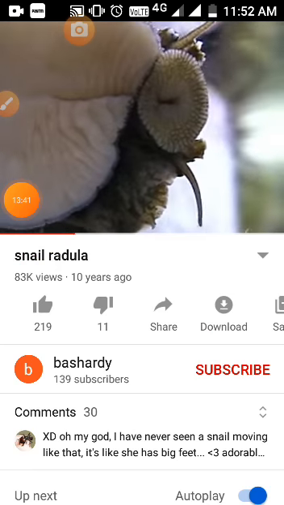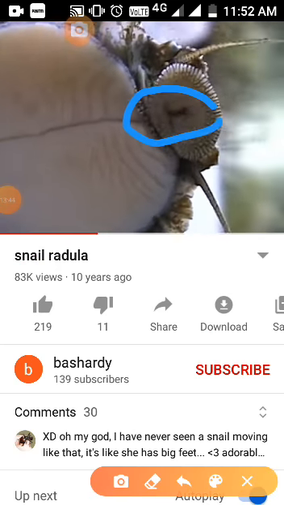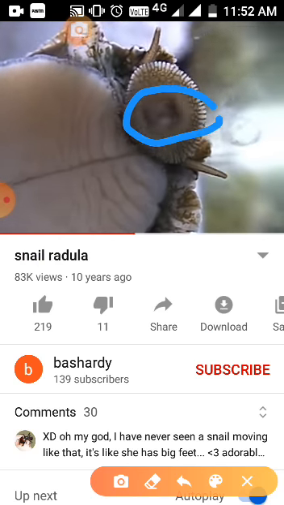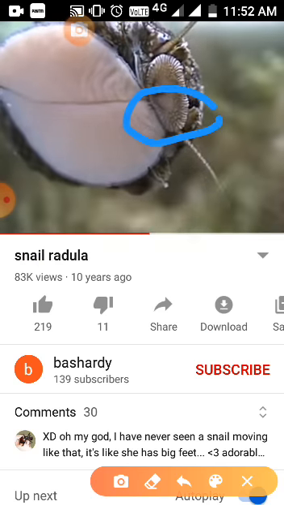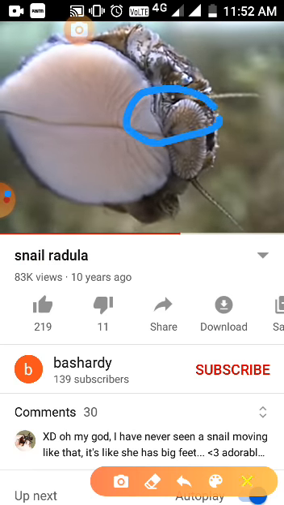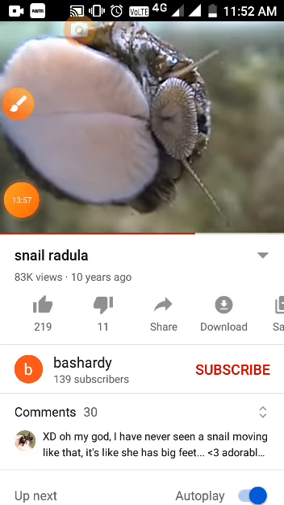This is the radula which comes out of the body as it sees any prey of its. Okay, so radula is a kind of tongue used for